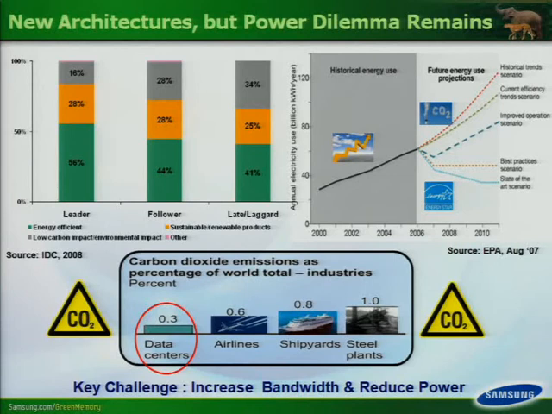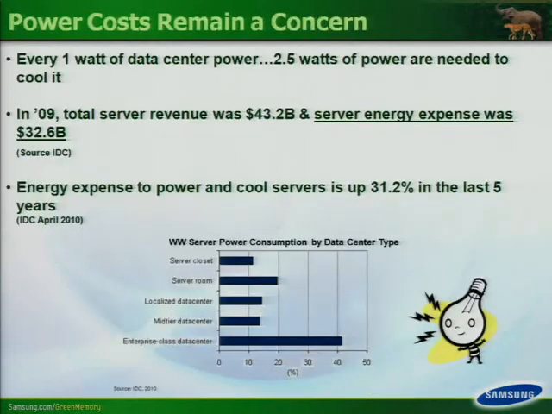So the key challenge is, how do we increase the bandwidth and reduce power? These are two opposing forces in many situations. And the opposing force is also costly. For every watt of data center power, on average, we're also talking about 2.5 watts of power that is needed to cool it. If we translate that into dollars, just looking at it from an order of magnitude, in 2009,